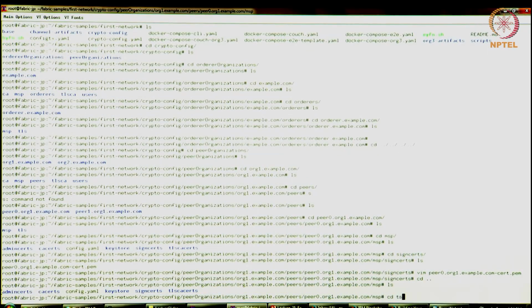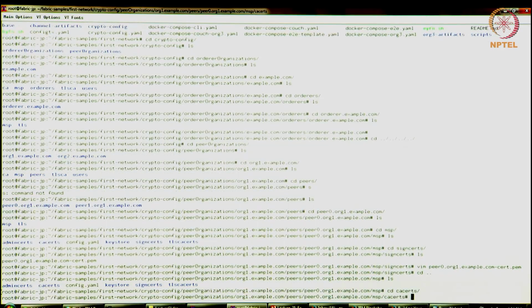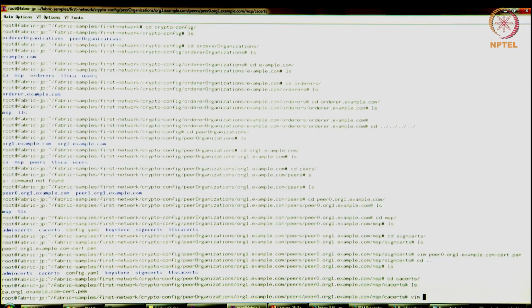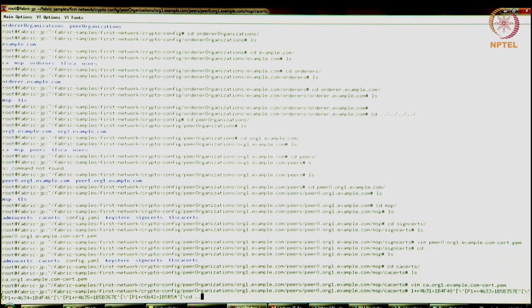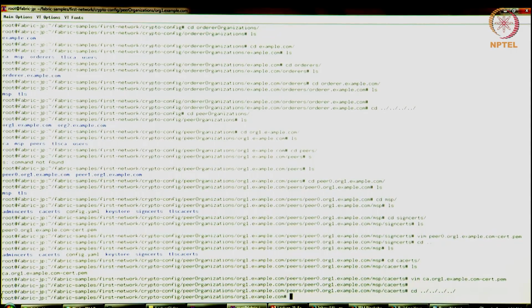For instance, you can go to TLS certs and CA certs. If you go to CA certs, this has org1's CA's certificate. So all of these certificates have been generated and stored inside the crypto config folder.